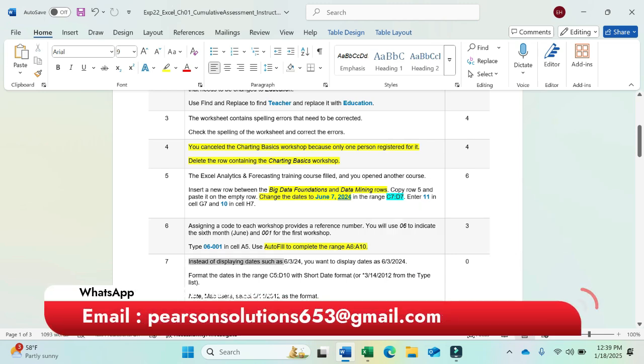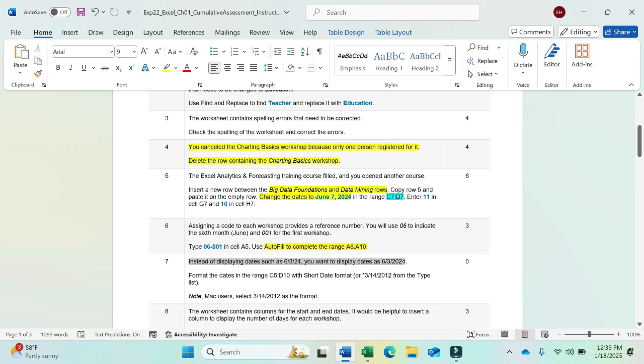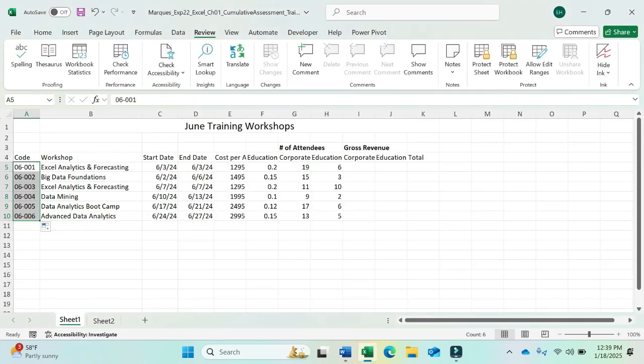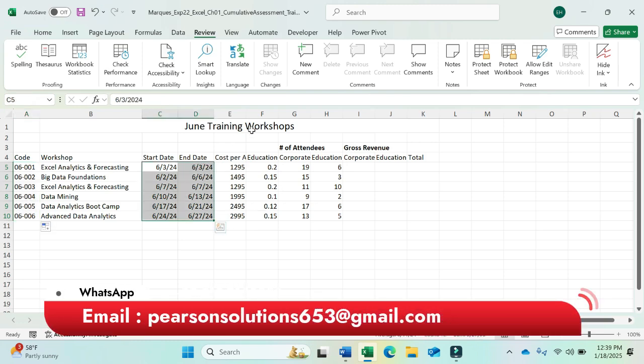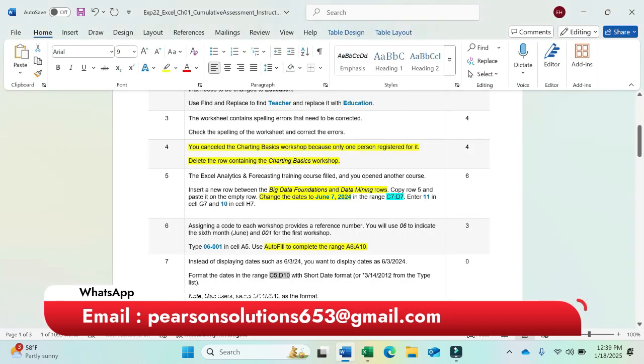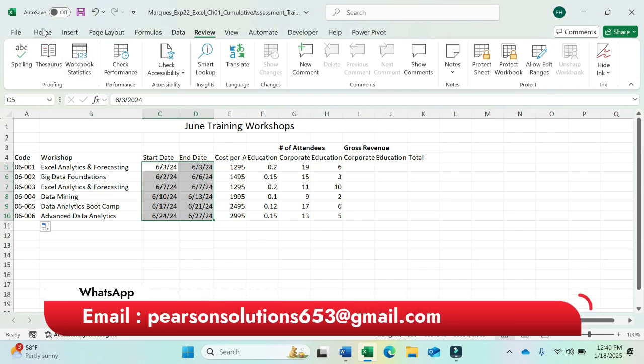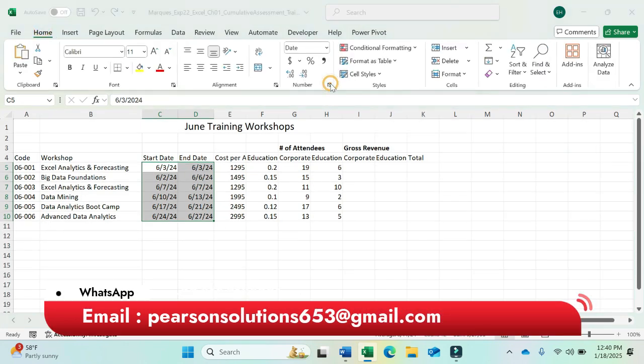Instead of displaying the dates such as 6/3/24, you need to display the dates in this way. Format the dates in the range C5 to D10. We have to first of all select this range, C5 to D7. Range is selected. Then it is saying that with the short date format 3/14, this is the format that we need to select for each date. What we need to do is come to the Home tab, then press